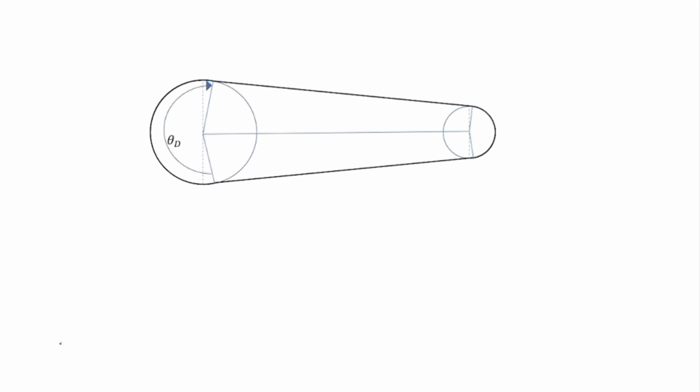Theta d is the angle of wrap for the pulley of the bigger diameter, represented by theta capital D. As this is 180 degree and we don't know the value of this angle, so let's represent this angle with alpha, and it is also equal to this angle. This is also equal to alpha. Similarly, this angle is also equal to alpha, and this one is also equal to alpha, and this angle is 180. So theta capital D will be equal to 180 plus 2 alpha, and theta small d will be equal to